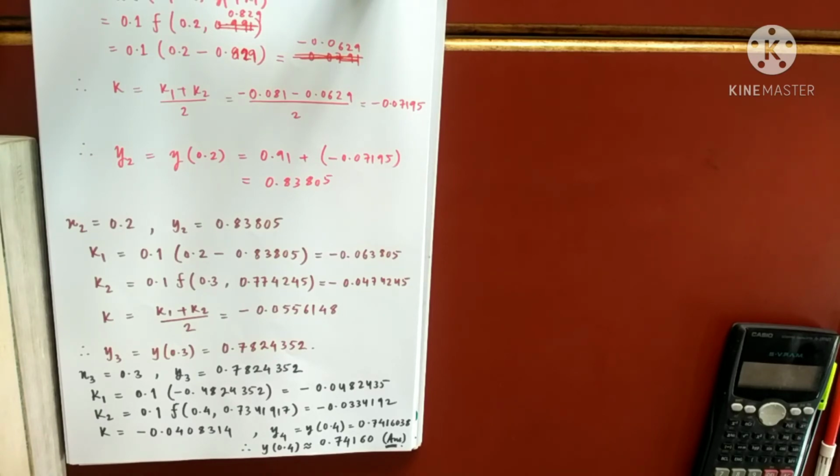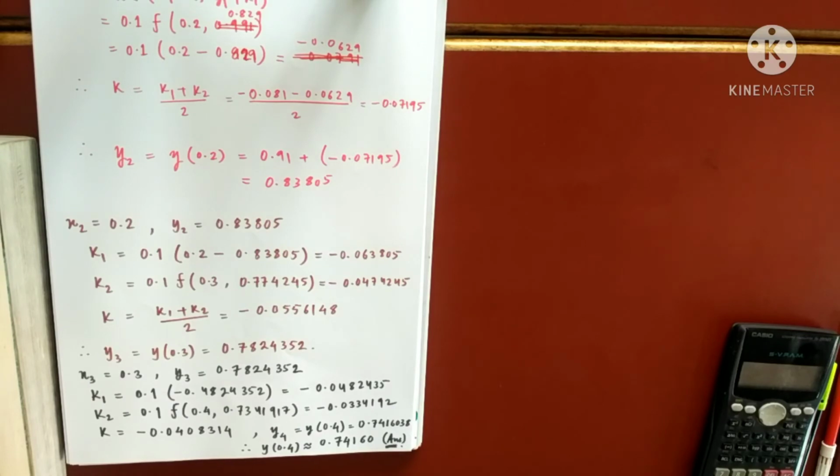If they have already given you the value of h, then you have to take that. If they have not given you the value of h, you try to take h as small as you can, but keeping in mind that you have to do more number of steps, or more number of iterations.